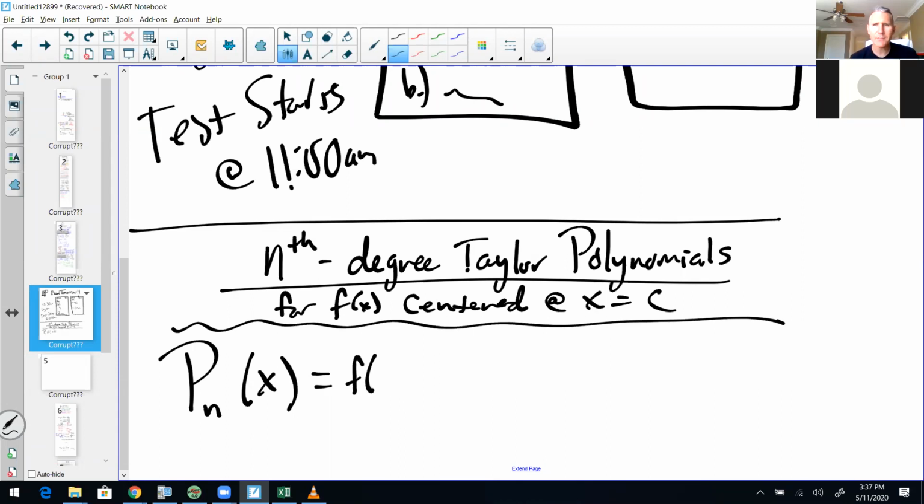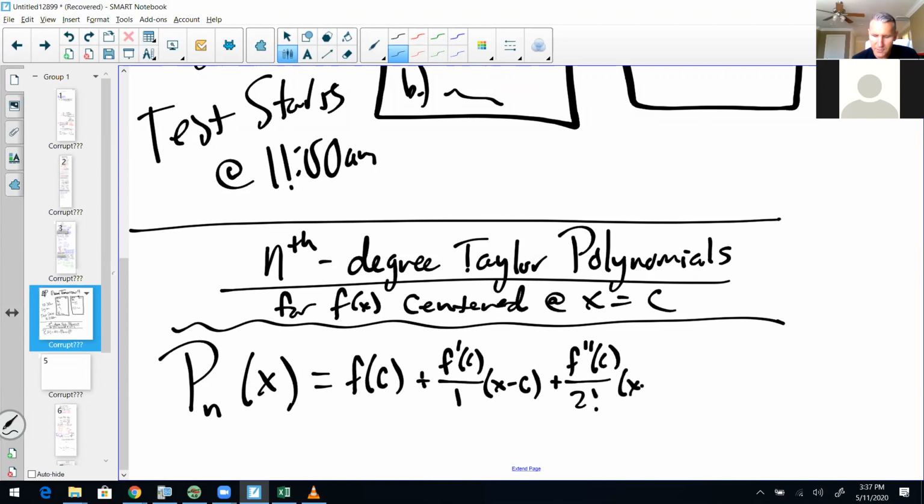Or did we do A? Did we do centered at x equals a? I forget. Whatever, I'm using c because I have that here now. So this is f of c plus f prime of c over 1 times x minus c to the first power plus f double prime of c over 2 factorial times x minus c to the second power plus,